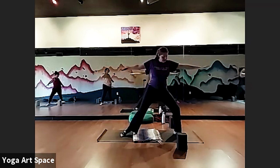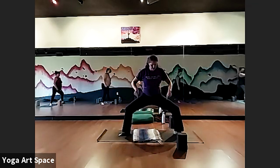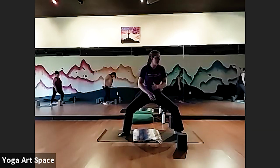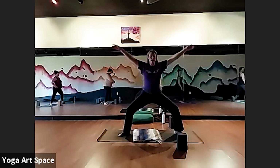Turn the toes open to the long edge of the mat. Toes open about 45-degree angle. We're already in a partial squat. Yeah, turn the toes out so that the knees are tracing in the same direction as the toes. You got it. So from here, with our inhales, we'll float the arms up and we'll try to sink the